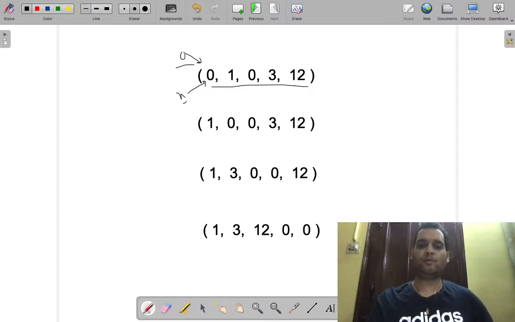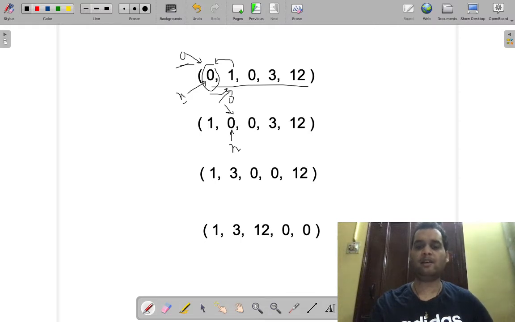So in this loop, it will first check this number. Is it non-zero? No, it is 0. So nothing will happen. N will iterate, the loop will iterate to the next element. It is non-zero, yes. It will then swap this number with the last zero index. So 1 will go there and 0 will come there. This way the array will become this, and the last zero index will also increment by one at the end of the loop.